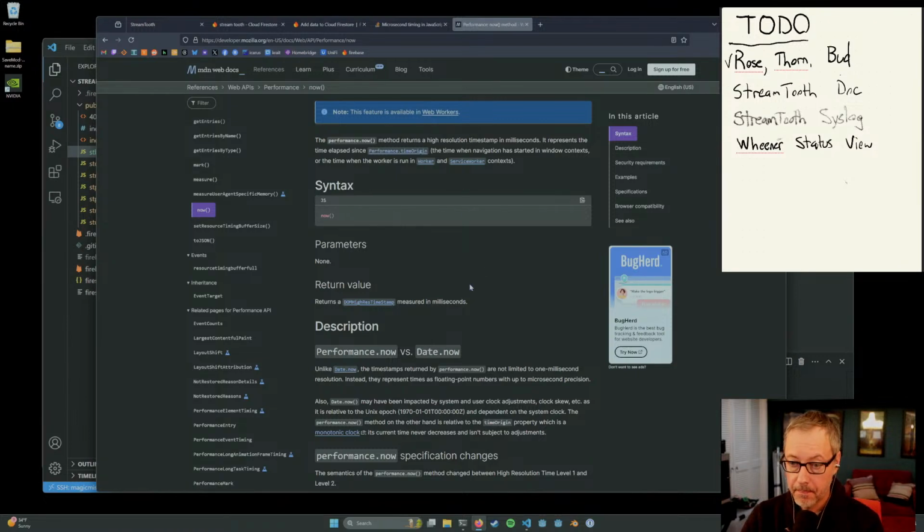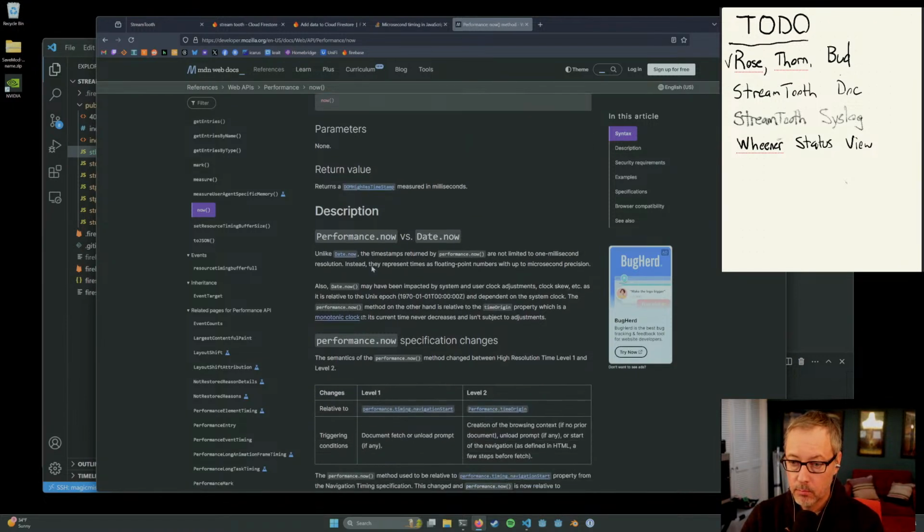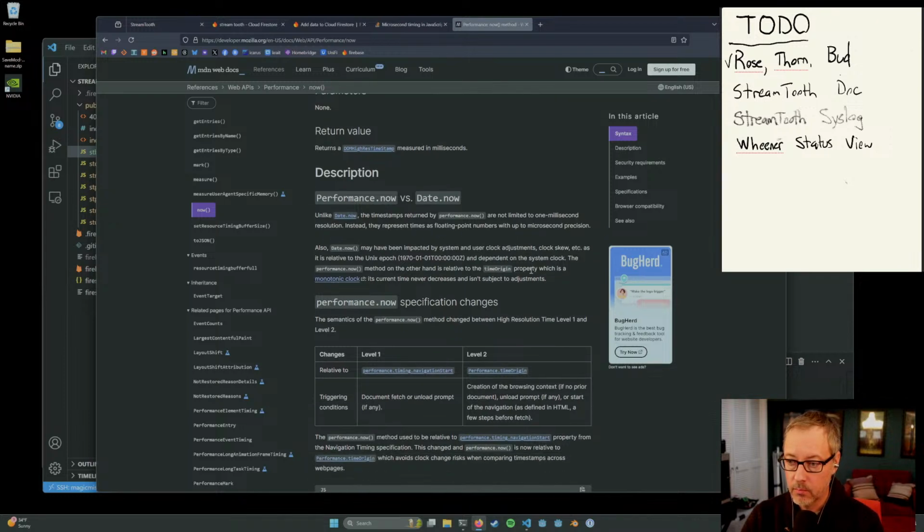Okay. Performance.now versus Date.now. Unlike Date.now, the timestamps returned by performance.now are not limited to one millisecond resolution. Instead, they represent times as floating point numbers with microsecond precision. I didn't get a floating point number. I got a whole number.